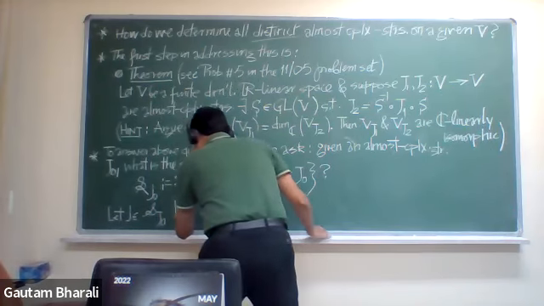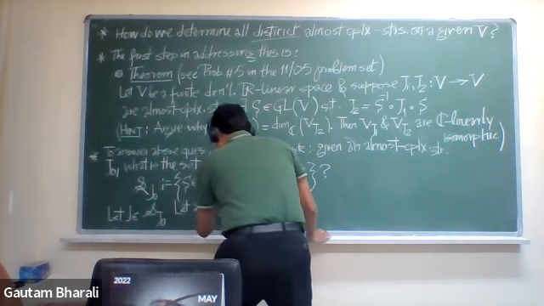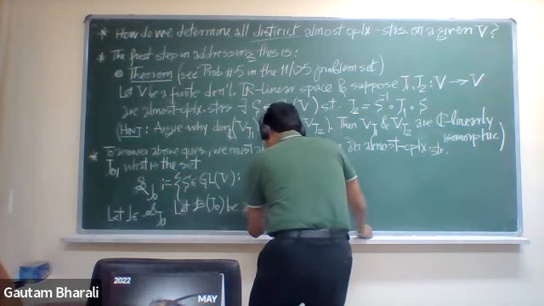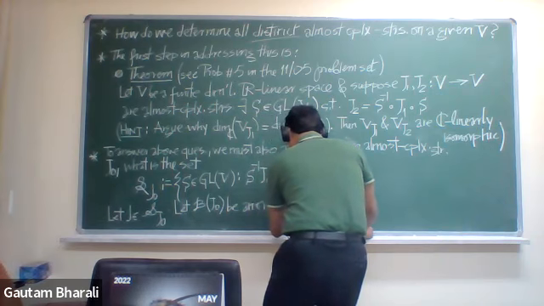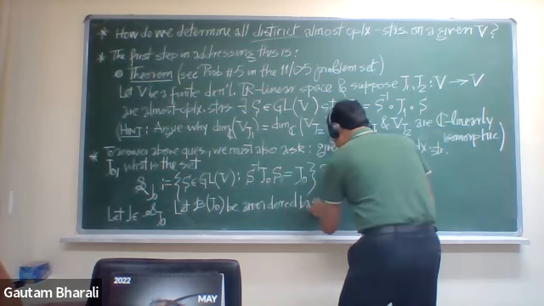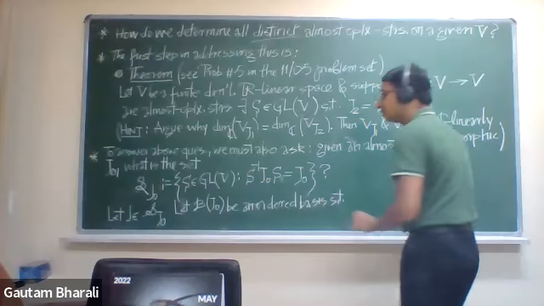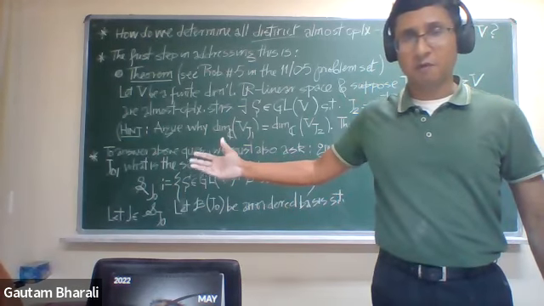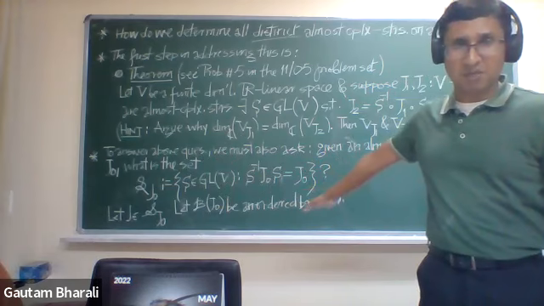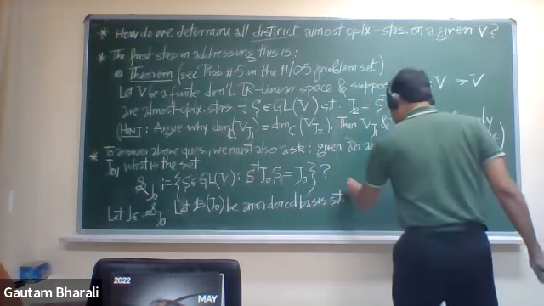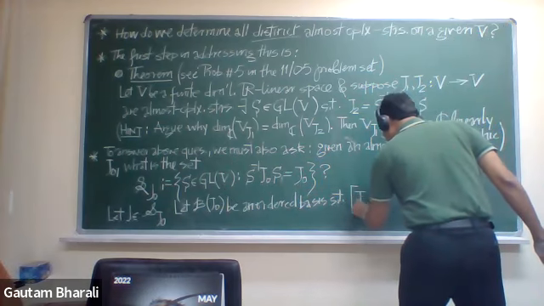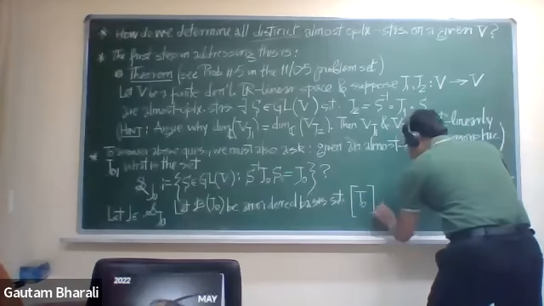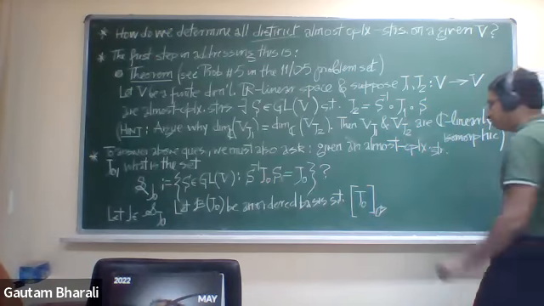Let script B of J naught be an ordered basis such that, remember, there's a reason why I had stated that proposition earlier, of which I had just given a sketch, the matrix representation of J naught with respect to this special ordered basis